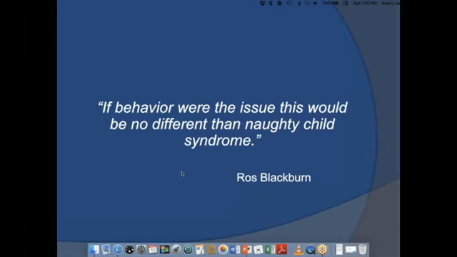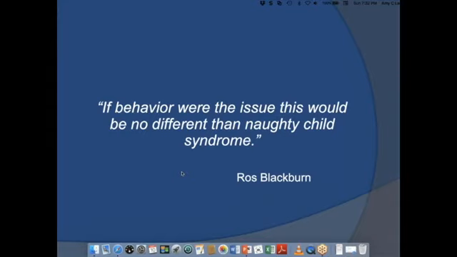And she goes on to say this, really isn't about the behavior at all. The behavior is just a manifestation of my underlying neurological differences. And I think you can probably all relate to that when you think about your kiddos and some of the challenges that they encounter throughout their day.